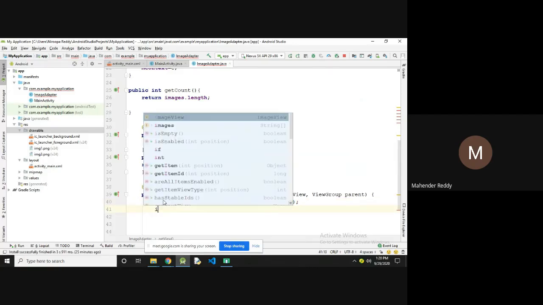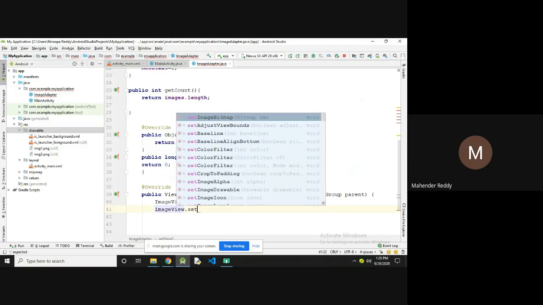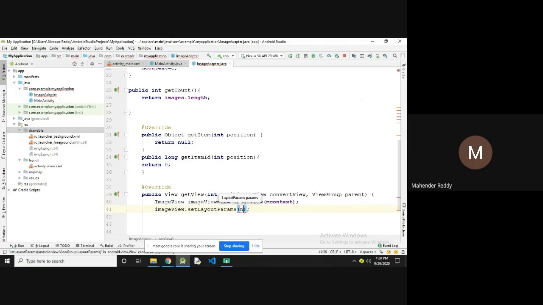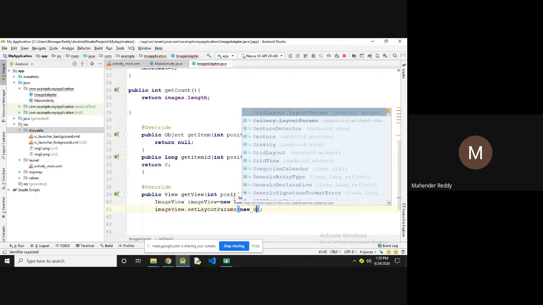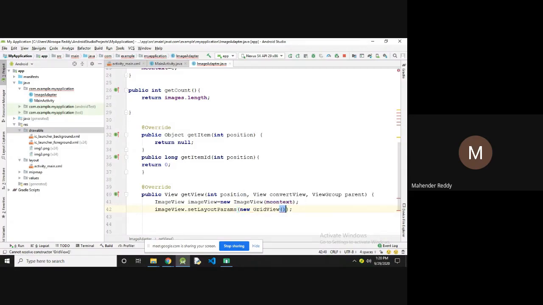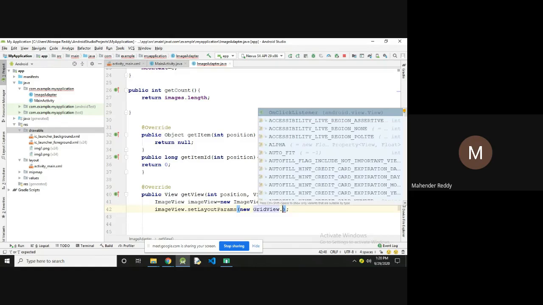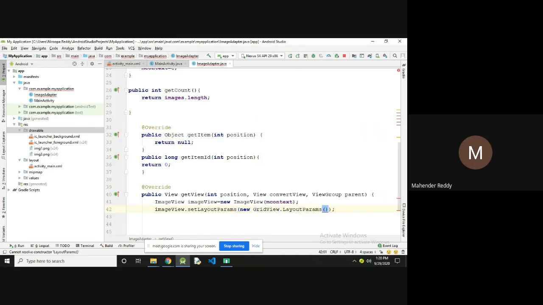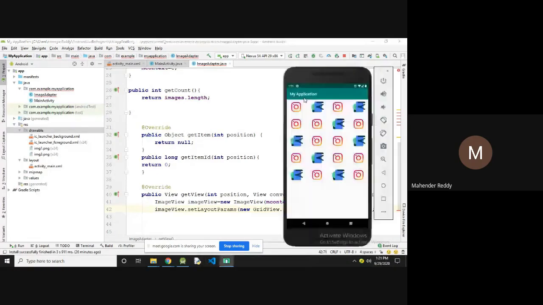Next, imageView.setLayoutParams, new GridView.LayoutParams, 200, 200. So width and height I specified. This width and height is for each item.